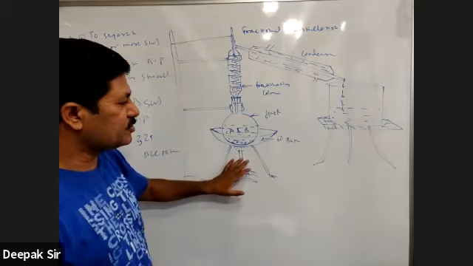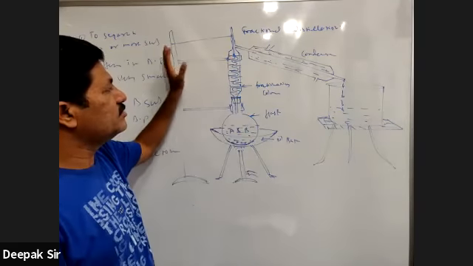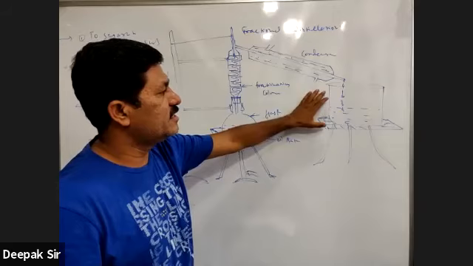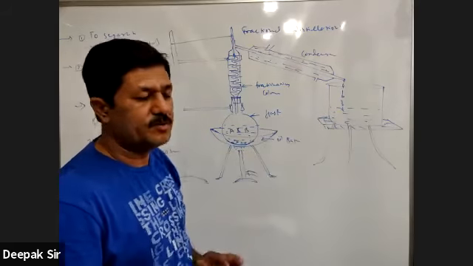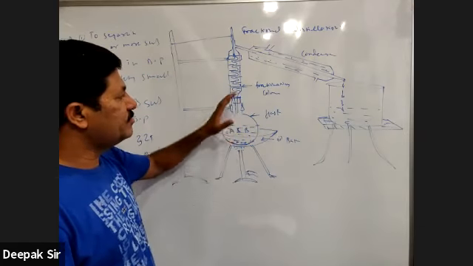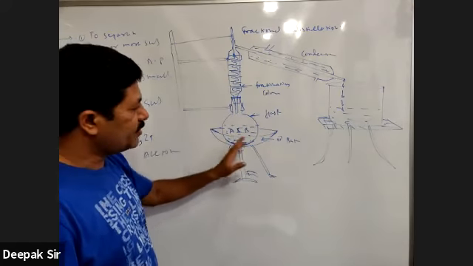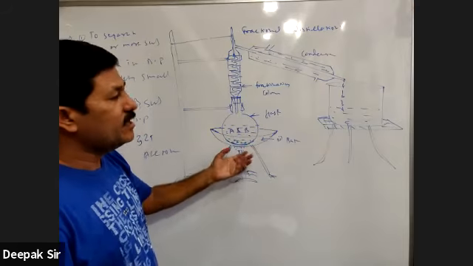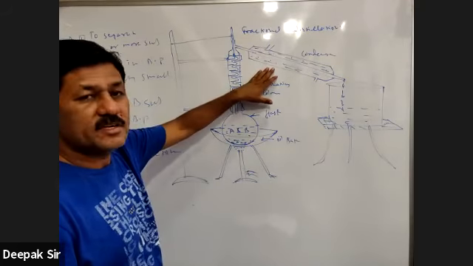The assembly consists of a tripod stand, burner, oil bath, round bottom flask, fractionating column, stand, condenser, container 1, container 2, and again a tripod stand to keep this one. What is the procedure? Take the mixture into the round bottom flask, having a side arm and a fractionating column, add some boiling chips, keep it in the oil bath and start heating. Fit the fractionating column and connect it with the condenser.